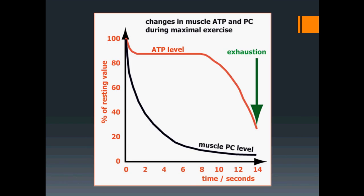Now, this table summarizes what happens in the ATP PC system. The ATP levels last about 2 seconds, as you can see here. As soon as they start to dip, this triggers a process of the phosphocreatine breaking down, giving off the energy to sustain this ATP level here. As you can see, our phosphocreatine stores dramatically reduce, and they literally get exhausted after about 10 seconds. By these phosphocreatine stores breaking down, our ATP levels are able to be